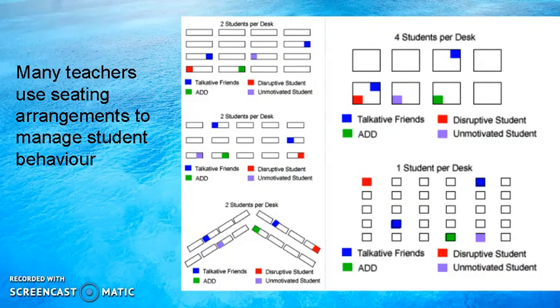So this is quite a provocative kind of topic because many teachers use seating arrangements to manage student behavior. So everybody has a different perspective on this. And so some people feel that if children are quote unquote naughty or difficult to handle, that you must put them at a certain place, either right in front or right at the back. And I don't particularly like the point that they make about ADD students,